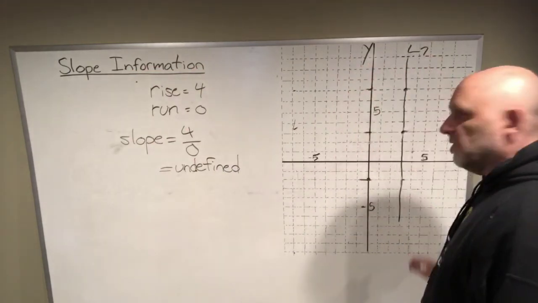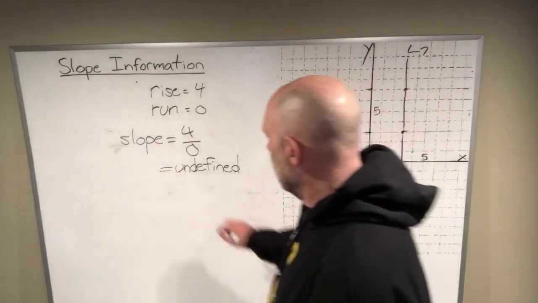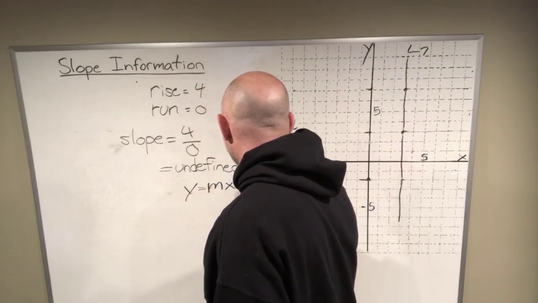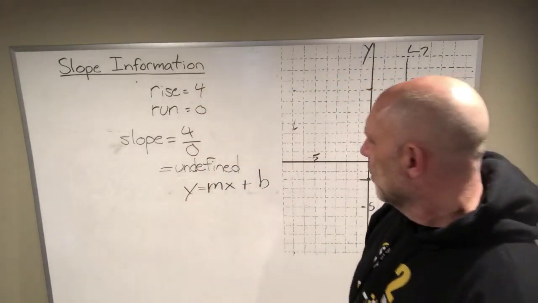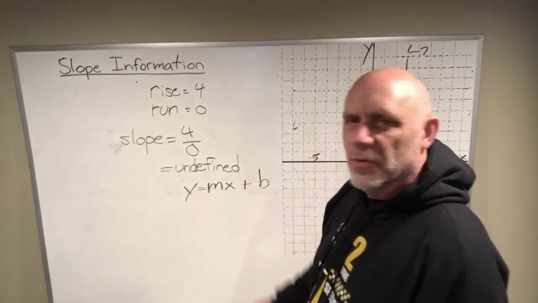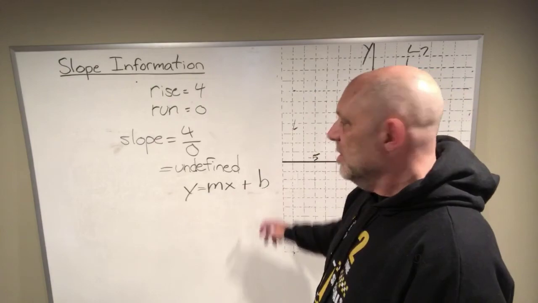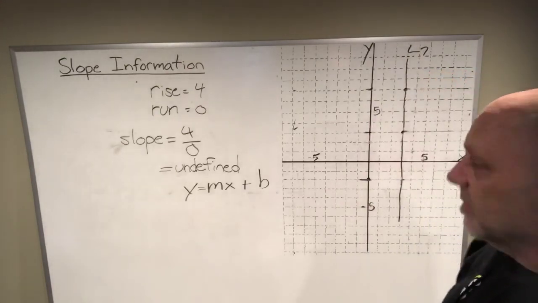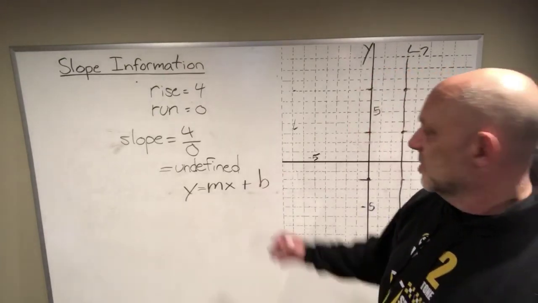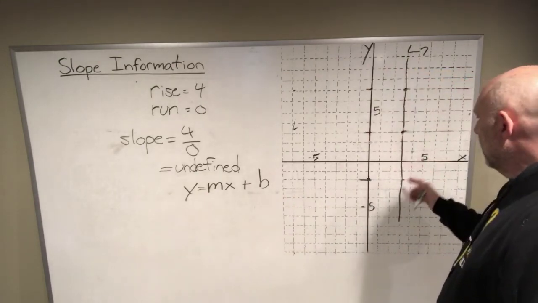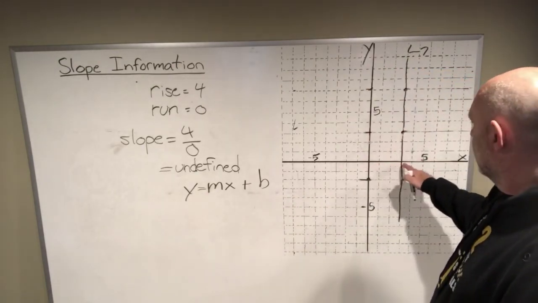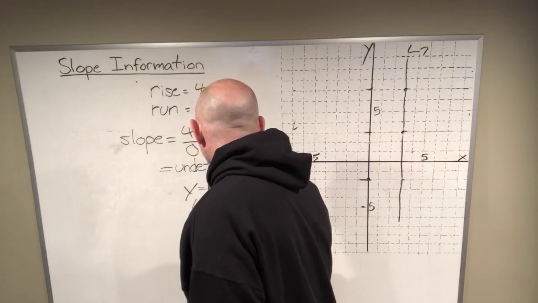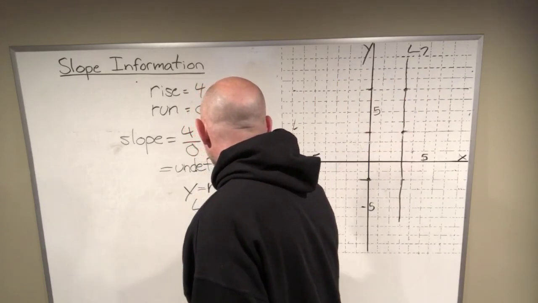If it looks like this, it can't be fit into the y equals mx plus b type of form. Why? Well, the slope is undefined. What am I going to do? Replace m with the word undefined? That looks stupid. Is there a b? No, it never crosses. It's parallel to the y-axis. It's not going to cross it unless it's right on top of the y-axis. So the only thing that we use is, where does it go through on the x-axis? This one goes through 3. So L7, its equation,